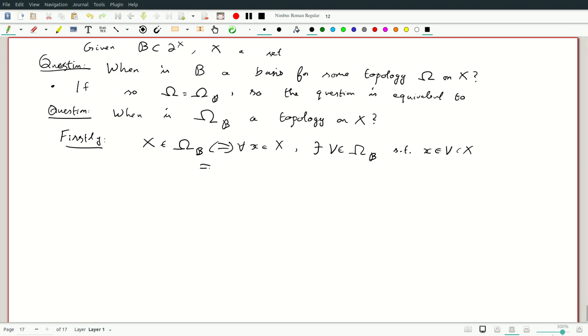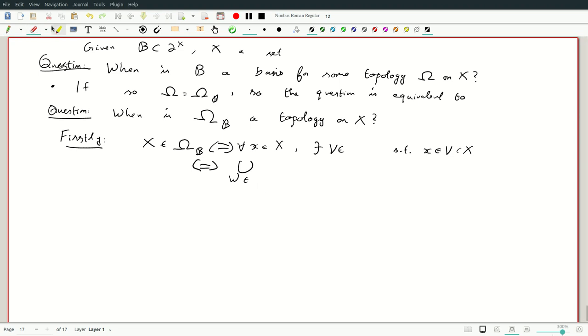Okay, so this is equivalent to saying that, if I look at all the elements in B,